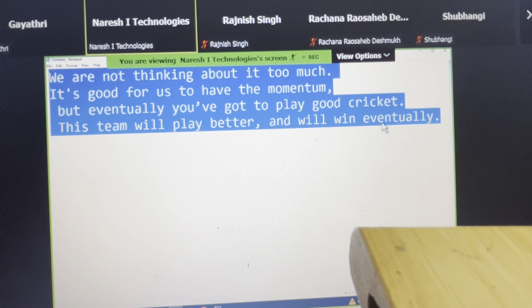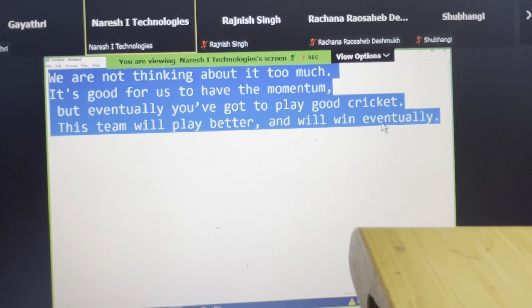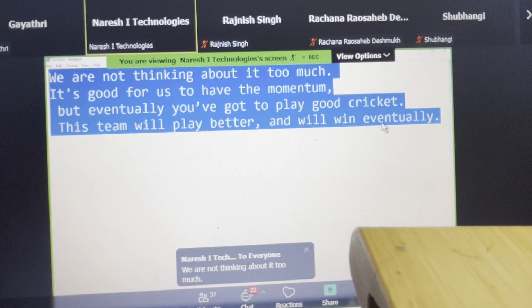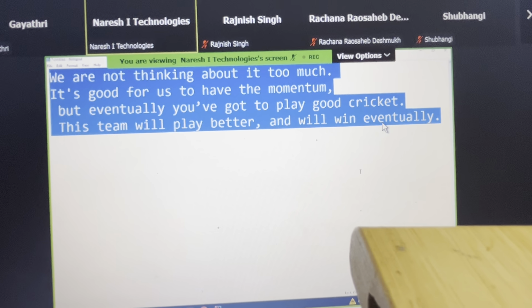So let me send it to you in the chat box. Someone will paste it in the Slack group. And also, how many times is your TO2 visible? How many times is TO2 visible? How many